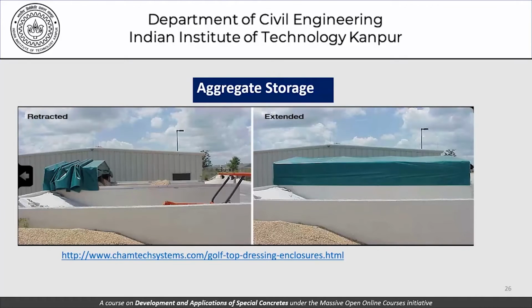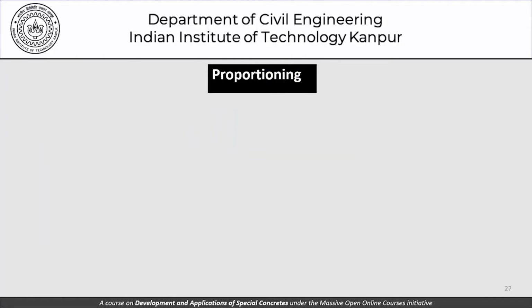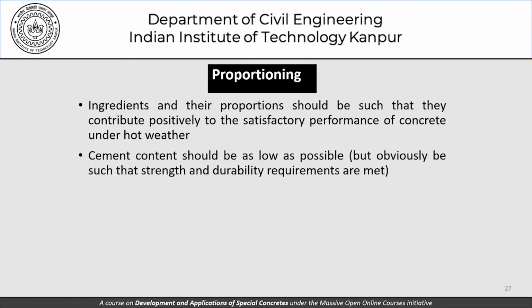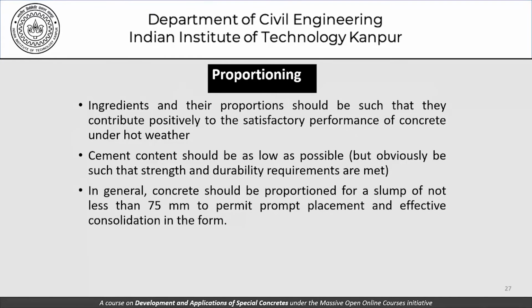As far as proportioning of the different materials is concerned, let's have some comments on that. Ingredients and their proportions should be such that they contribute positively to the satisfactory performance of concrete under hot weather. Cement content should be as low as possible, but obviously be such that the strength and durability requirements are not compromised. In general, concrete should be proportioned in a manner that the slump is not less than 75 mm to permit prompt placement and effective consolidation in the